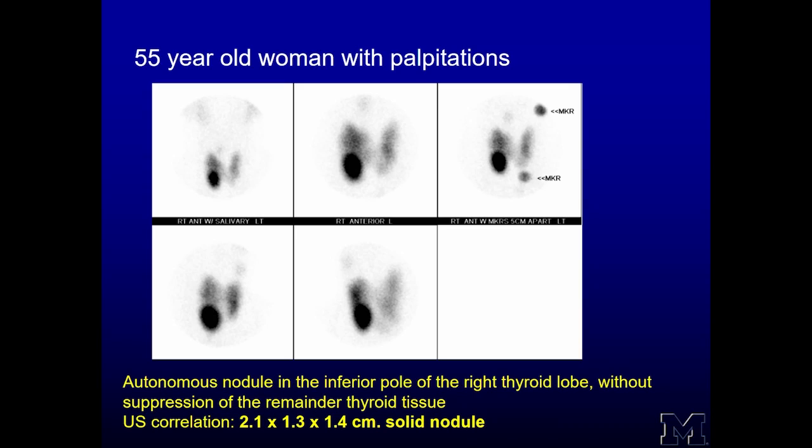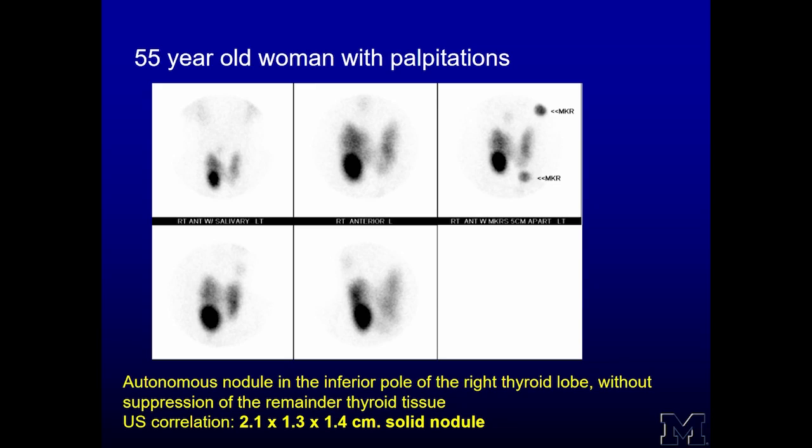A companion case, it's a 55-year-old woman presenting with palpitations. This scan shows the presence of an autonomous nodule in the inferior pole of the right thyroid lobe without suppression of the remainder of the thyroid gland, and ultrasound correlation clearly describes the presence of 2.1 by 1.3 by 1.4 centimeter solid nodule in the inferior thyroid lobe. In this case, thyroid scan is very informative,